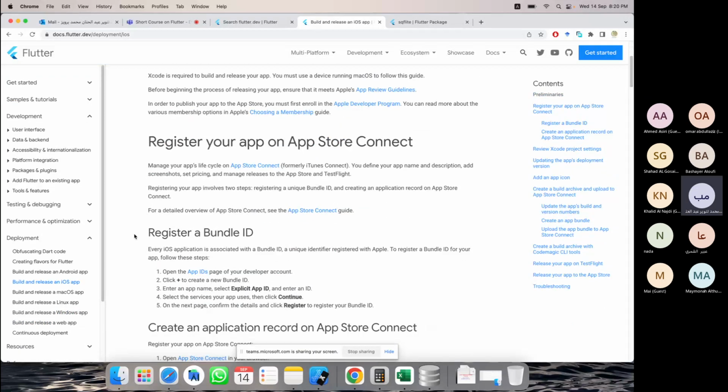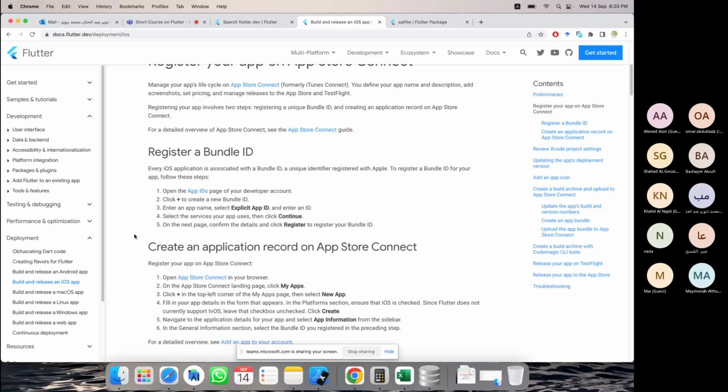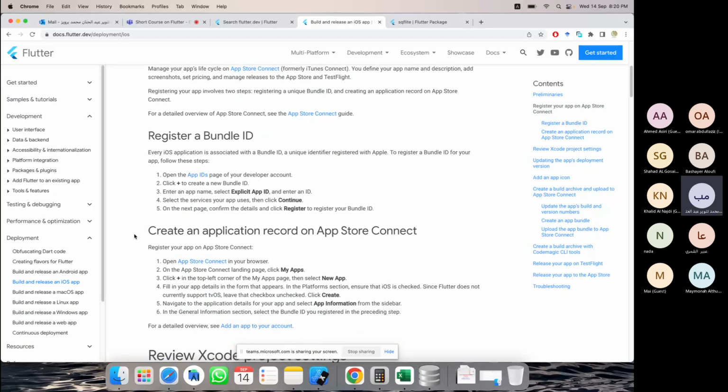You need to use App Store Connect and Xcode. And as I mentioned before, if you want to release for Apple iOS, you need to work with a Mac. If you have a Windows machine, you can only do it for Android or for web or Windows, but not for Mac, but not for iOS. If you want to release an iOS version, you must use a Mac machine, a MacBook Pro or MacBook Air, whatever. But you need a Mac machine with Xcode, because you generate the